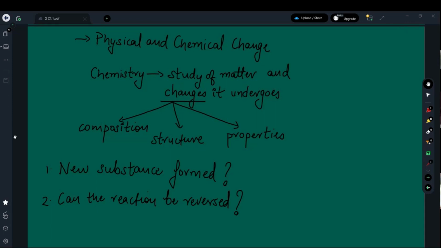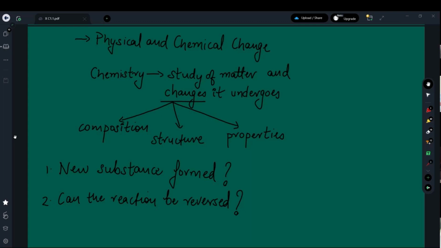Trisha, Adlin, Anshul, is that clear? I would still get the piece of paper. So is that a new substance formed? No, right? It's still the piece of paper in that case. So that is why we need to understand a clear distinction between a physical and a chemical change. Let's try to understand that right now.